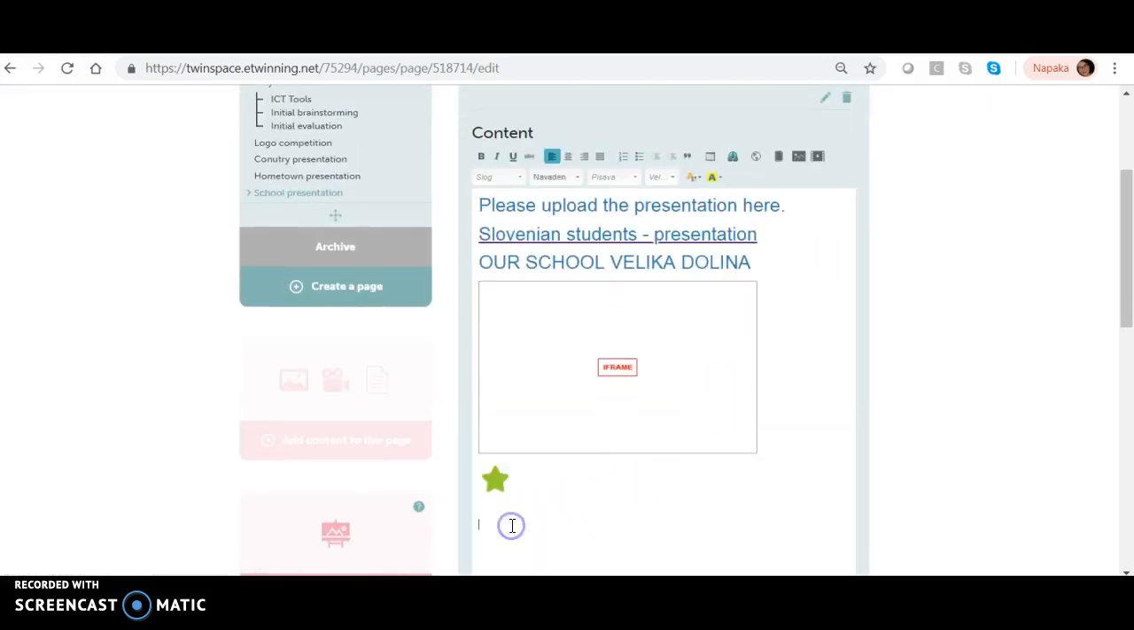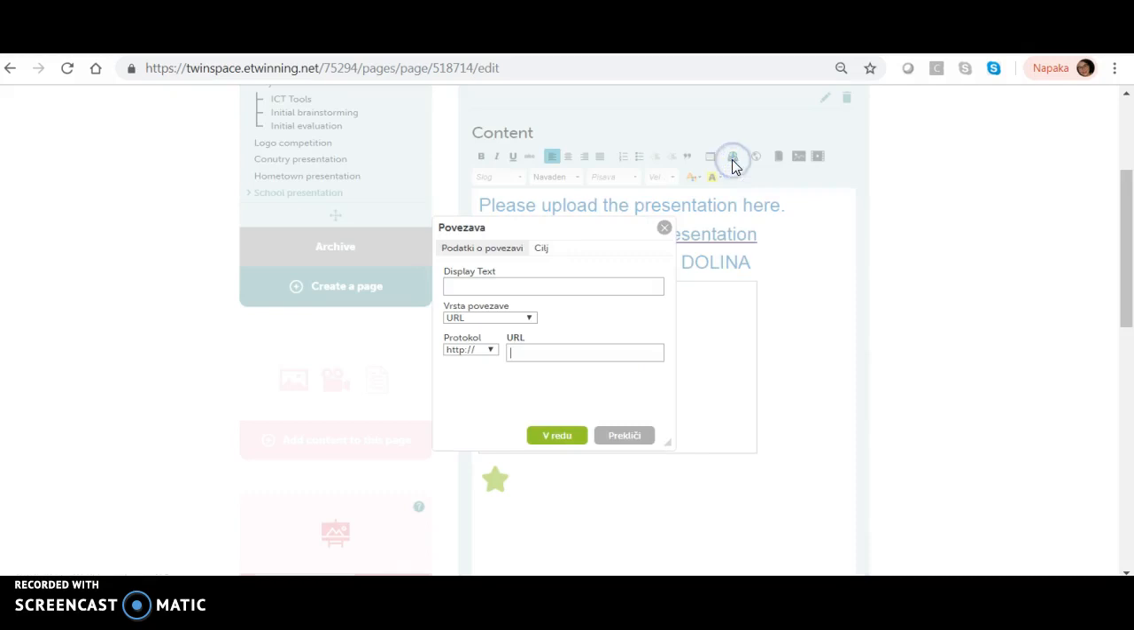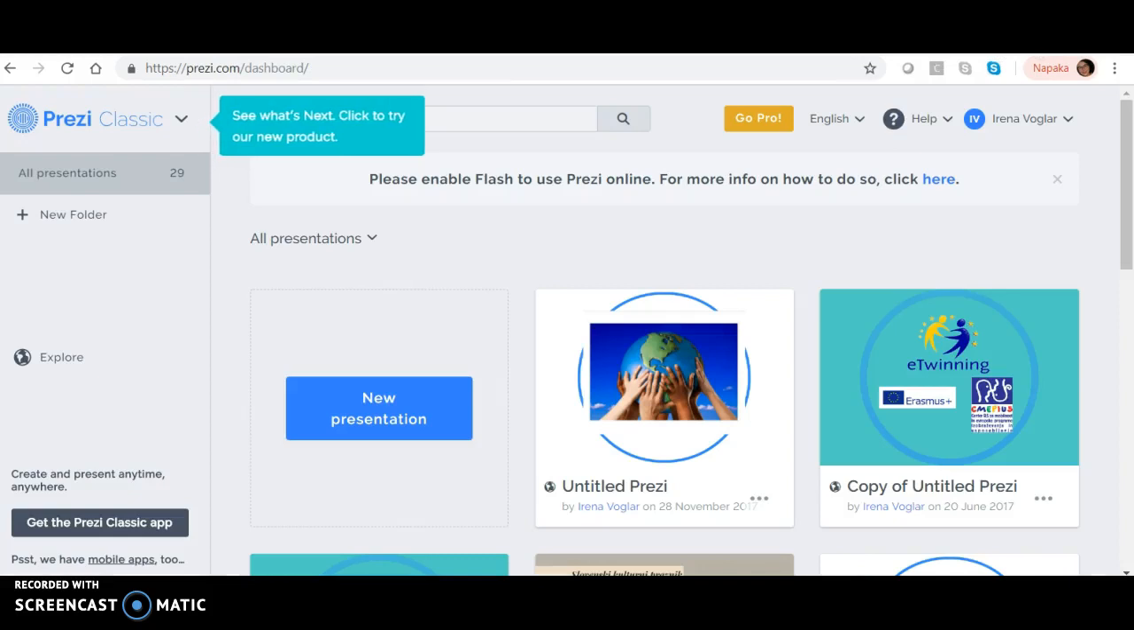and when the page opens in the browser, find this icon, insert a link, click on it, and when another window opens, you can give a title to this link you want to insert. For example, you want to insert a school presentation Poland, then copy the link of your presentation, for example of the